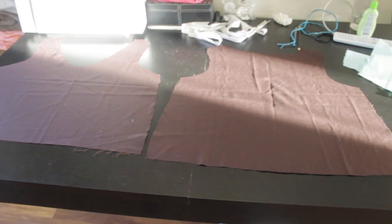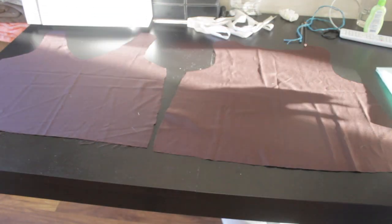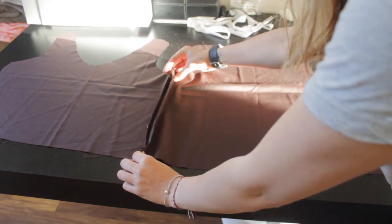So that will be done. Here we have our front, here we have our back. This is the sleeves, and I'm gonna show you that next week, don't worry. Now we're gonna fold one part to another. I'm gonna show you 2 options of how to close your